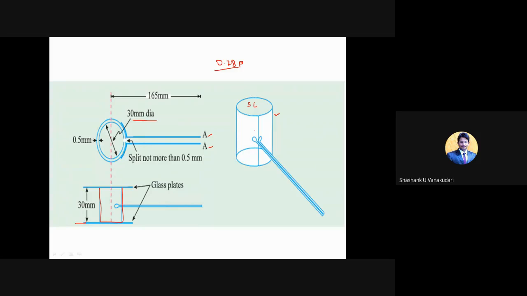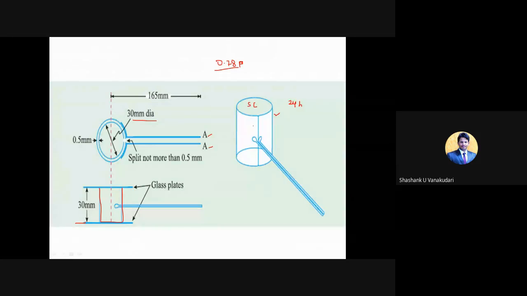After placing that, we need to keep this for 24 hours. After the 24 hours, this entire setup needs to be kept in hot water for about 3 hours. The hot water temperature will be around 45 degrees Celsius to 50 degrees Celsius, and within that temperature we keep it for 3 hours.